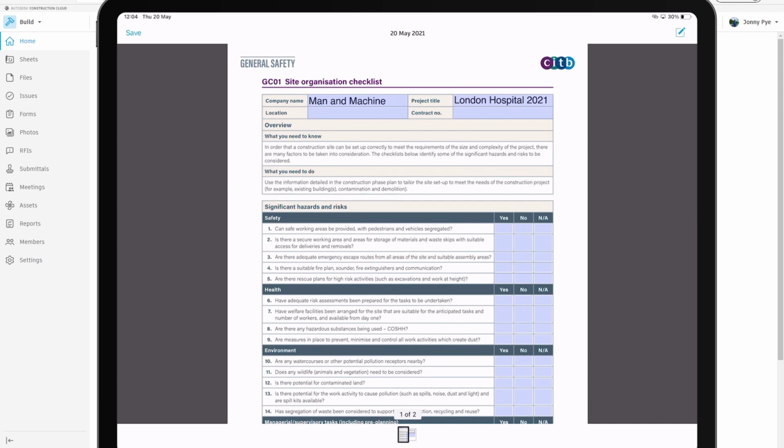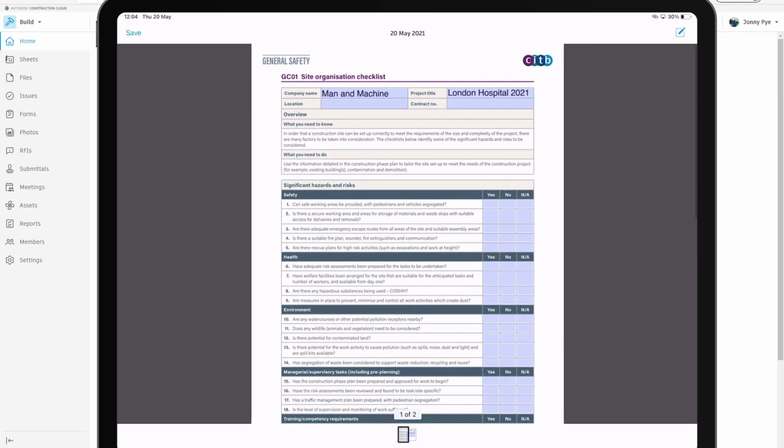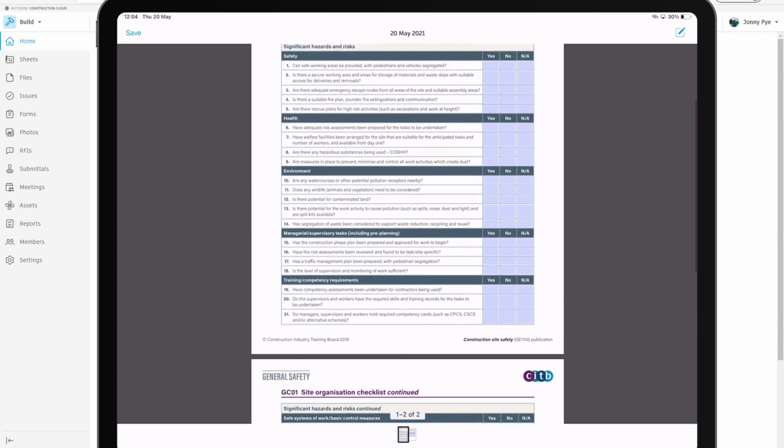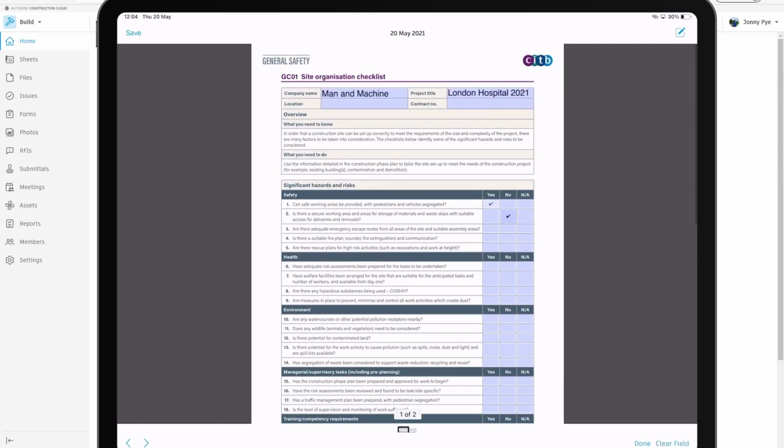So things like the company name, the project title. You can actually get location to fill in as well, but I haven't done that in this case, I think maybe because there isn't a location against this project. And if I was the one going to site, I would then fill this in. And a cool thing about this as well, I can't accidentally click on 2 of these checklists,